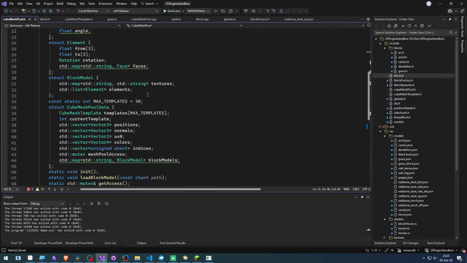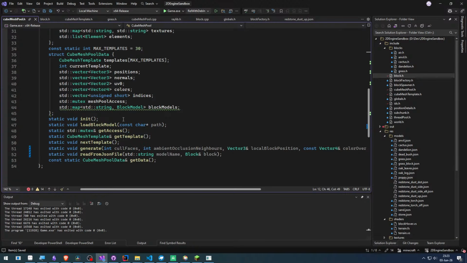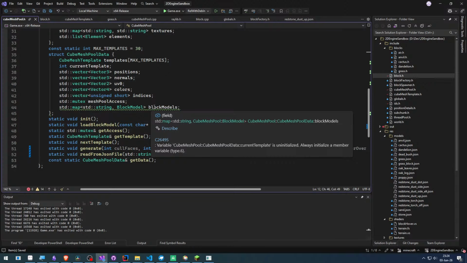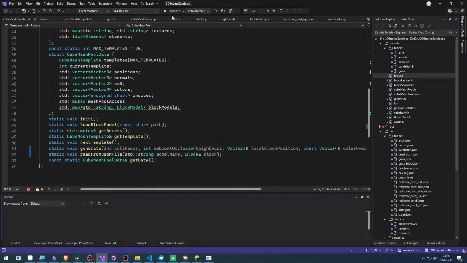We have cube mesh templates. Yeah, we don't have anything for rotation. Let me think about it. So if we are going to rotate it,